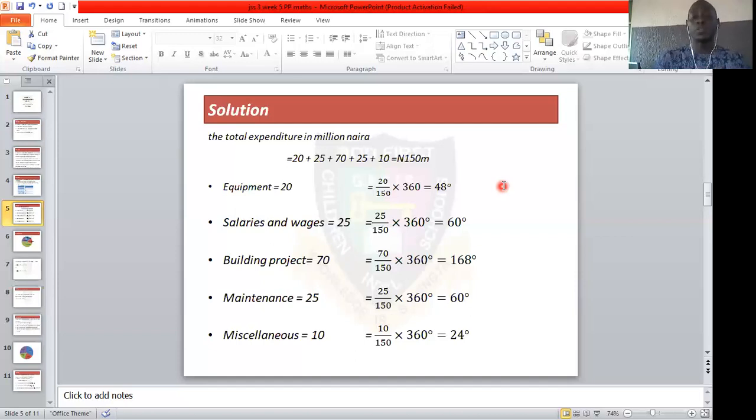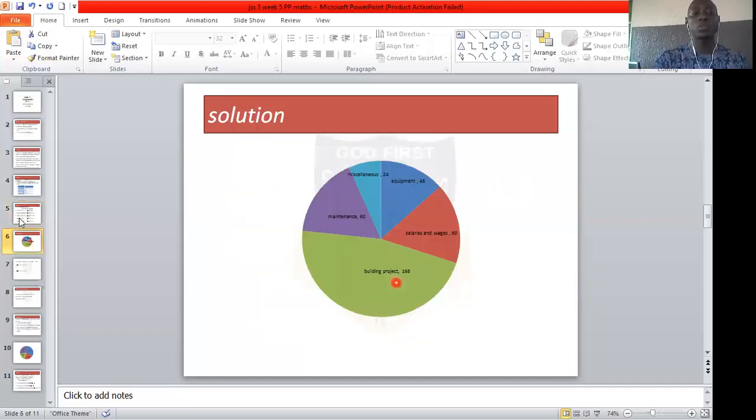You see, you have to divide everything. You have to find the proportion of everything in the sectors. That's what we call a pie chart. So this is how you represent it in the pie chart. This is the solution in the pie chart. You can see the building project is